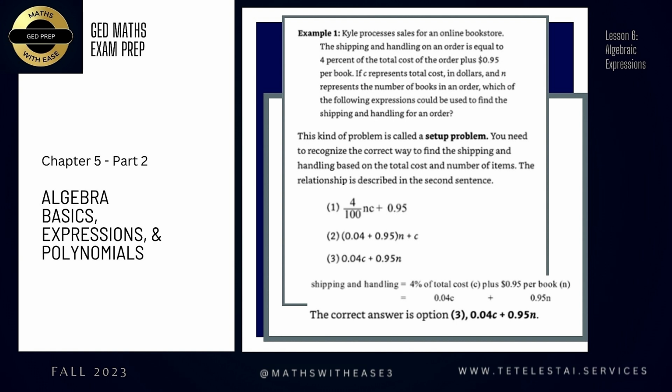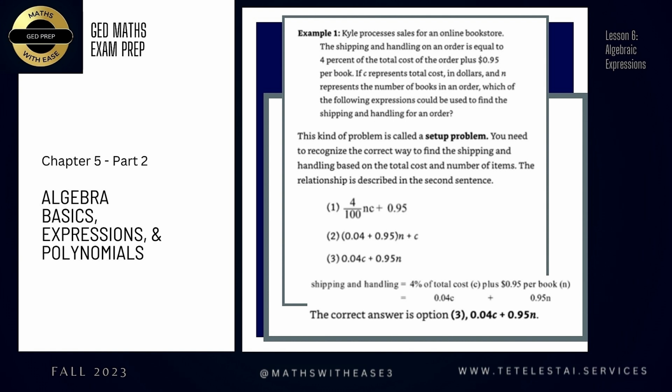We haven't forgotten that we need to account for the total cost, and we've already established that that expression can be represented by 0.04 times C, or 0.04C. So to accurately represent our complete shipping and handling equation, we go back to the question where we're told that the shipping and handling on an order is equal to 4% of the total cost of the order plus 95